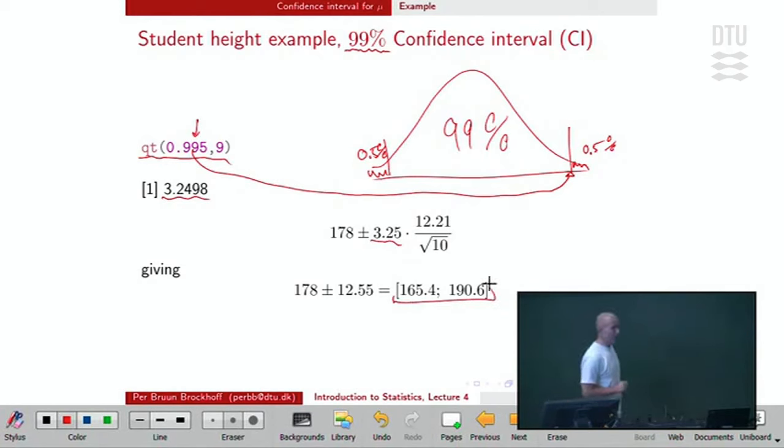So we have to get this feeling into our stomach. If we want to become more confident, the price is a larger interval, right? It makes sense, even though you might have thought differently, if you start thinking about it. If you want an interval computation that makes you more certain that your true value is in the interval, you have to widen the interval a little bit to get more certainty, more confidence in your statement. And then if we go up to 99%, we get the rest of us into the interval also,